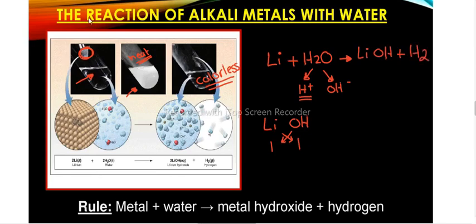And now we have the balancing. So I have 2 hydrogens on the reactant side, but on the products I have a 1 here and a 2, so it's a total of 3. So the best way to balance is to multiply by 2 for the water. I will also multiply by 2 right here, and finally the lithium will also be multiplied by 2. I've got here a very important rule that you need to remember. Anytime you have an alkali metal, so I'm talking about group number 1, lithium, sodium, potassium, rubidium, cesium, francium, any one of these,